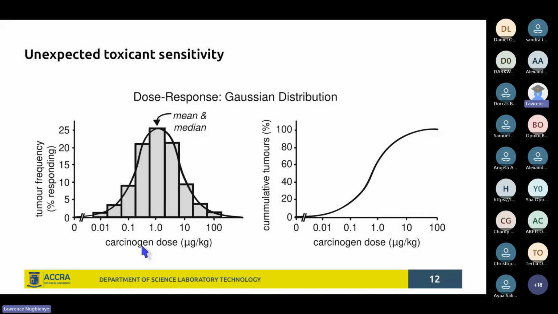Everybody is responding to the substance in the same manner. And if you do such a normal distribution, yes, fine, you'll find that you have a certain median dose of the substance, which is the concentration or the dose at which you have the highest number of responses to the substance, the toxic effect to the substance,